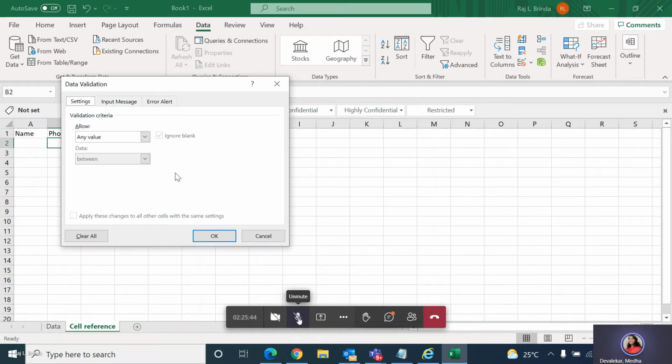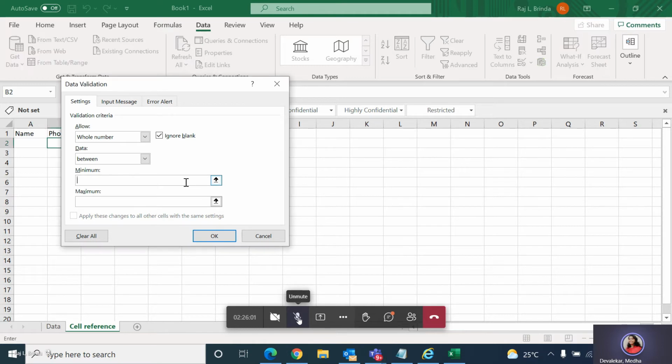Here you need to select a value. Choose Whole number. Then see the options after that: between, not between, equal to, not equal to, greater than, less than, greater than or equal to, less than or equal to. We will keep it as between.